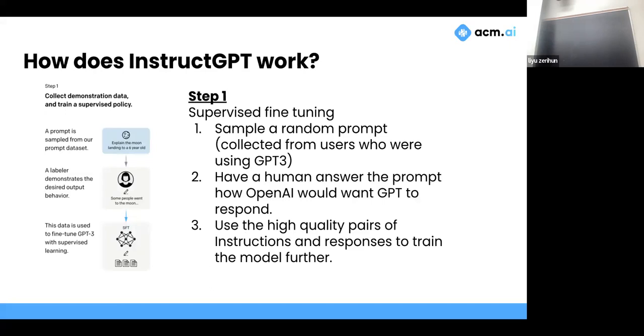So example, it's like a 6-year-old. You get a person to write a good response, and then you just have high quality pairs of instructions and responses. You have text, literally instruction, human really good response, and then you just have a new data set of that, and you just train it on that, and that's it. You just train on people writing good responses.